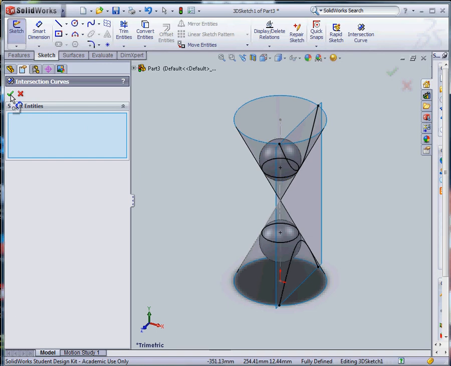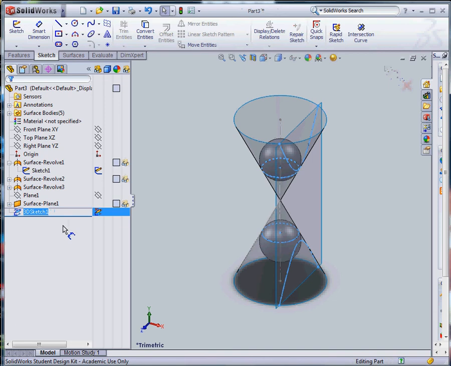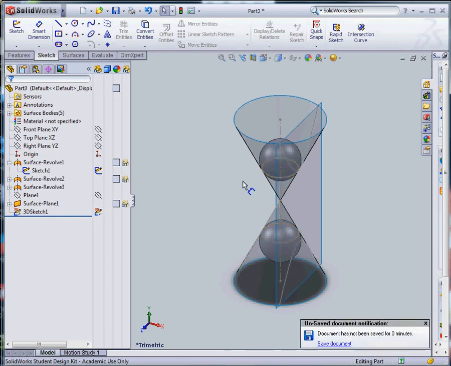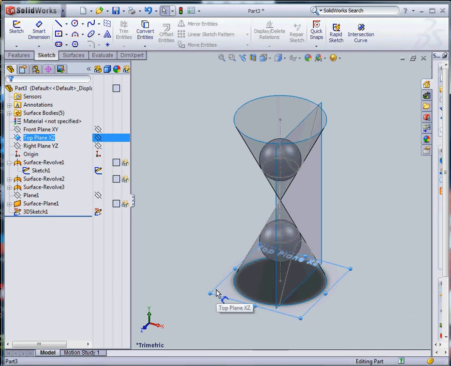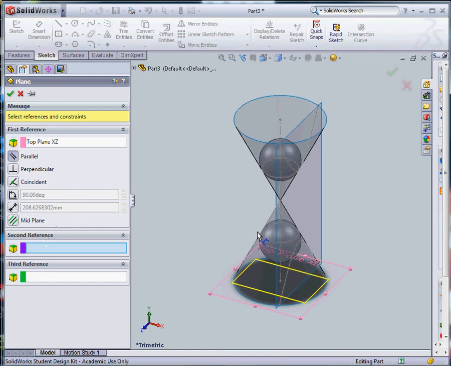Okay, so that's all we want to do for the moment. So hit the green arrow again and exit the sketch. That's created a 3D sketch for us, which involves the circles of contact and the double hyperbola. Now we want to put in planes along both circles of contact. To do this, we can do as before. Select the top plane, hold Control and click and drag. Now again, this is giving us a plane at a given distance from the top plane. We just want it to be parallel, and the second reference would be our circle of contact. So if we hover the mouse over it and select,